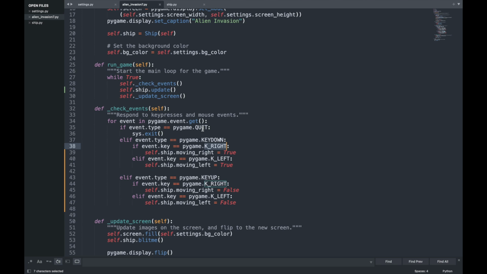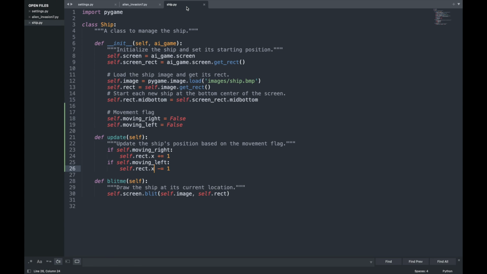So since the ship class controls all attributes of the ship, we'll give it an attribute called moving right and an update method to check the status of the moving right flag. So the update method will change the position of the ship if the flag is set to true. And then we call that method once on each pass through the while loop to update the position of